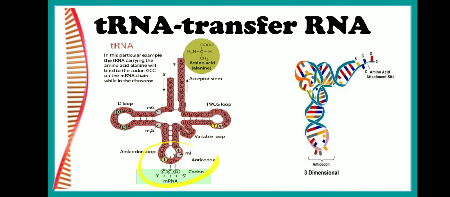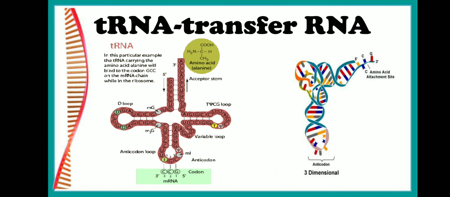Apart from the anticodon loop, we have a DHU loop or a dihydrouridine loop. It is also a loop-like arm. It has an enzyme recognition site which is specific to the amino acid activating enzyme. The amino acid activating enzyme is the tRNA synthetase. So the tRNA molecule actually binds to the tRNA synthetase where it can bind to the amino acid. So this DHU loop is the recognition site for the tRNA synthetase, which helps in the catalysis of the specific amino acid to bind to the tRNA molecule.